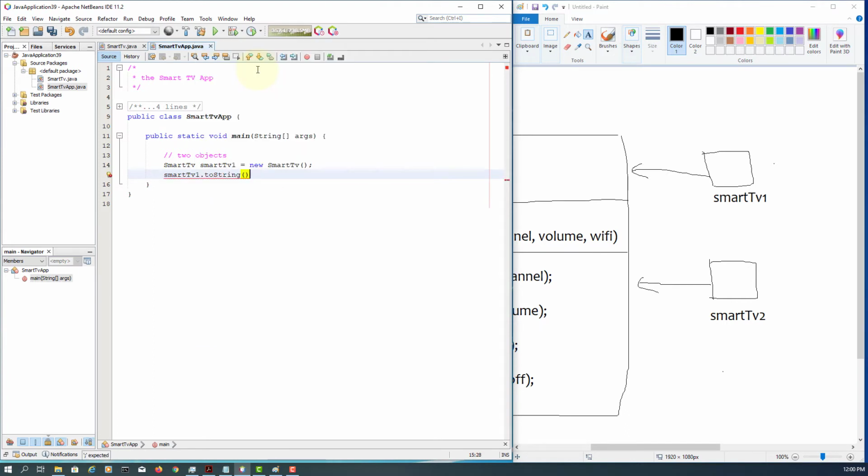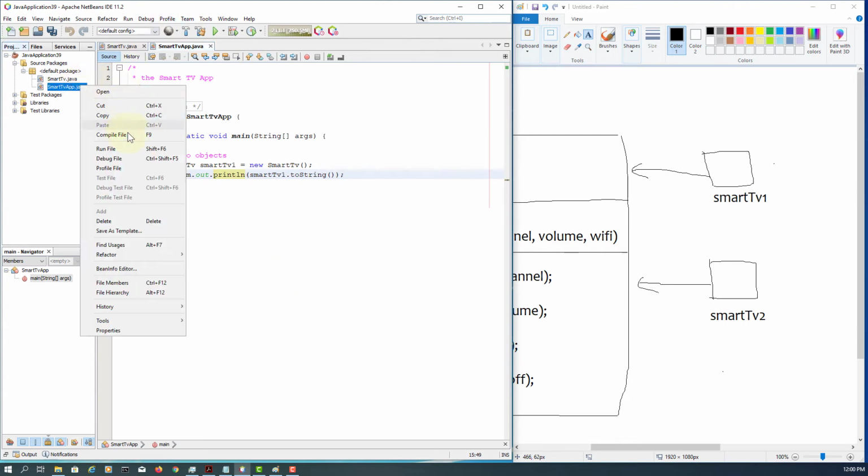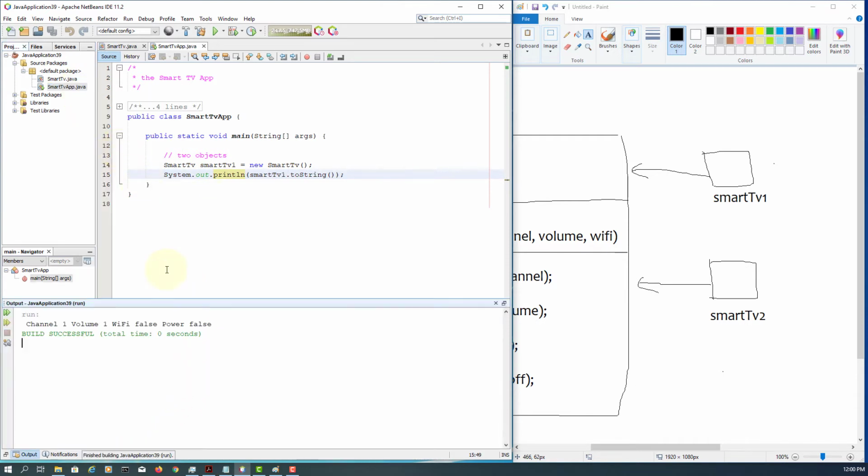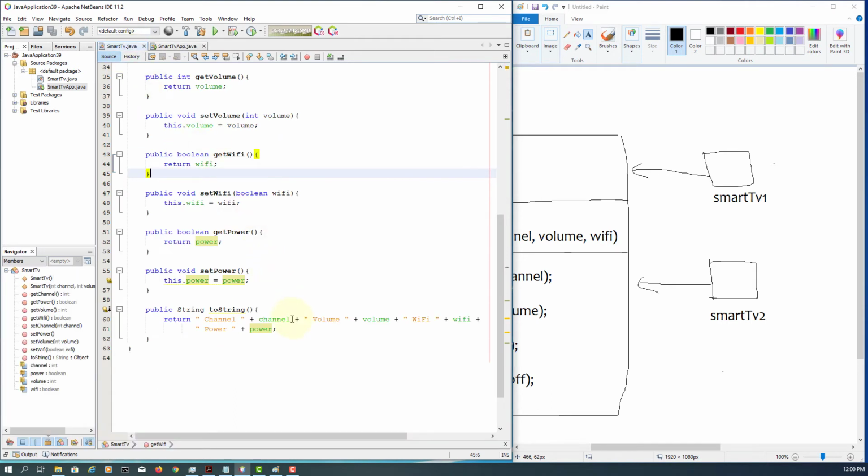Let me use toString that will return a string value, so we need to print it ourselves. That's it. So it's going to print the default value. So we have SmartTV number 1, an object of the SmartTV class, and the toString method will print out its default value. Okay, channel 1, volume 1, Wi-Fi false, and then power false. Okay, so let me just put some commas so that it will be more readable, I guess. And then power. Okay,